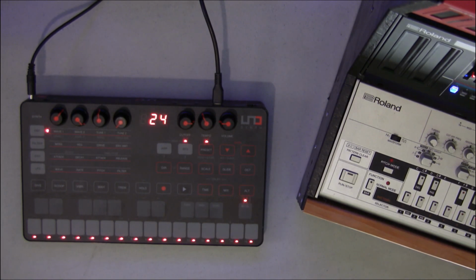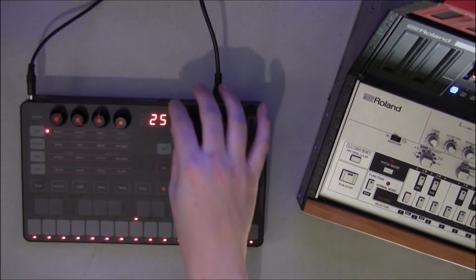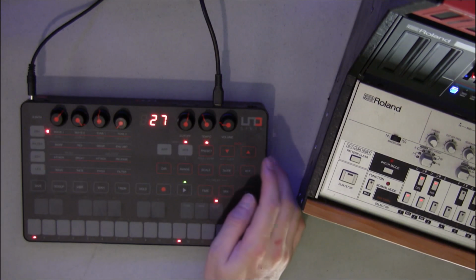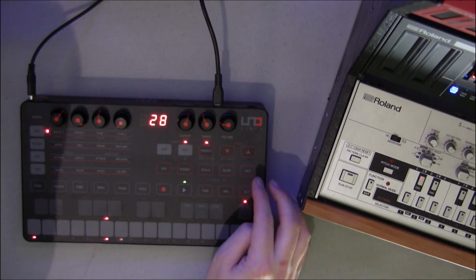I wonder if this has aftertouch. That's the wrong one. And it has low note priority. I don't know if you can change that. I wonder if you can change that else or if it's...